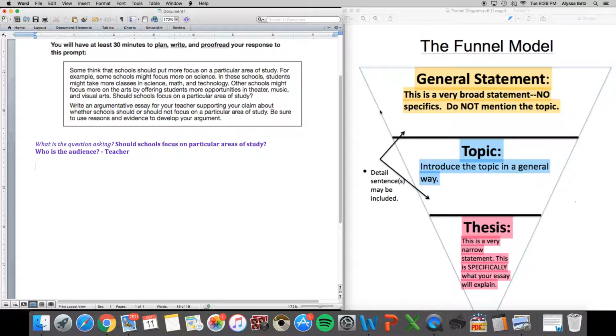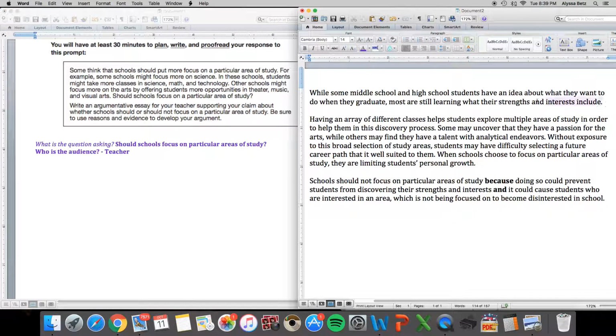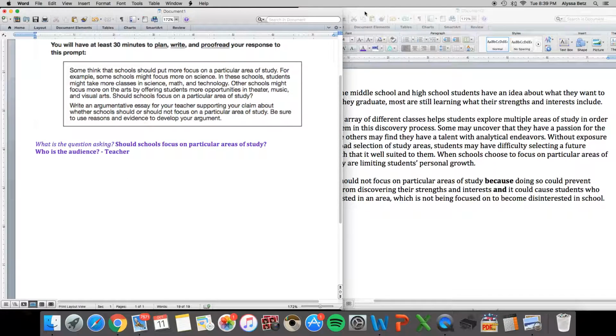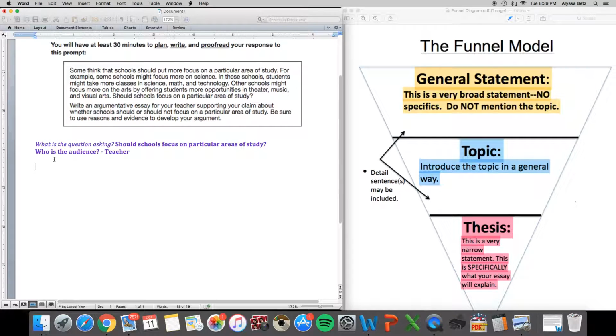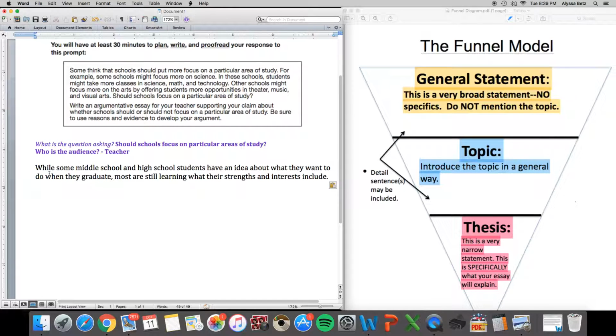I'm not mentioning the topic, which is all of these different areas of study and how schools are focusing on either one or the other. I'm going to just make a general statement that I think could play into this later on. So the piece that I came up with here that I wrote for my general statement is going to be,